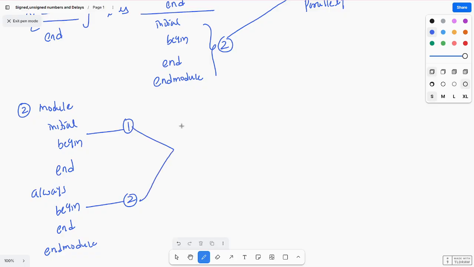Both blocks execute parallel. Both the blocks will execute parallel. Okay, execute parallel. Okay, parallel. And third, if you see, you wrote